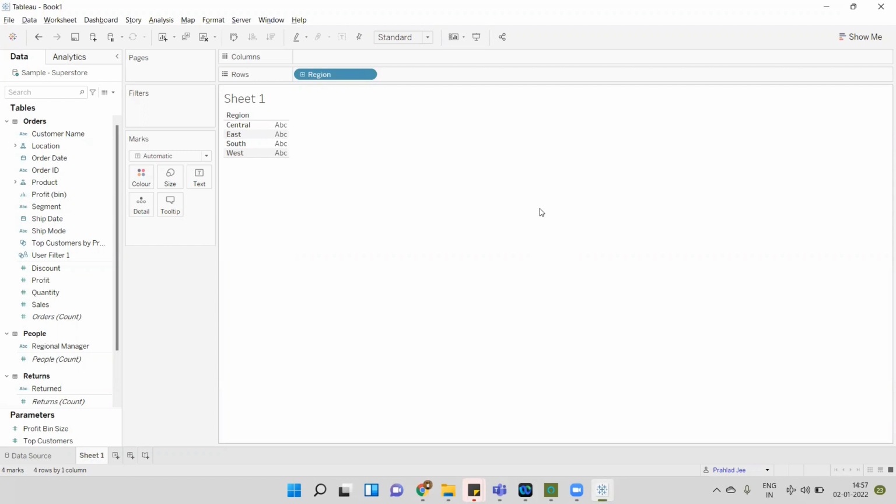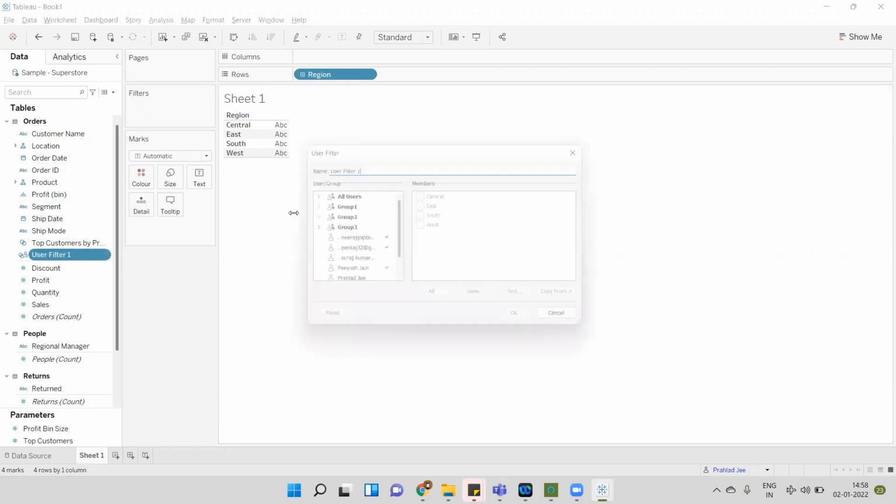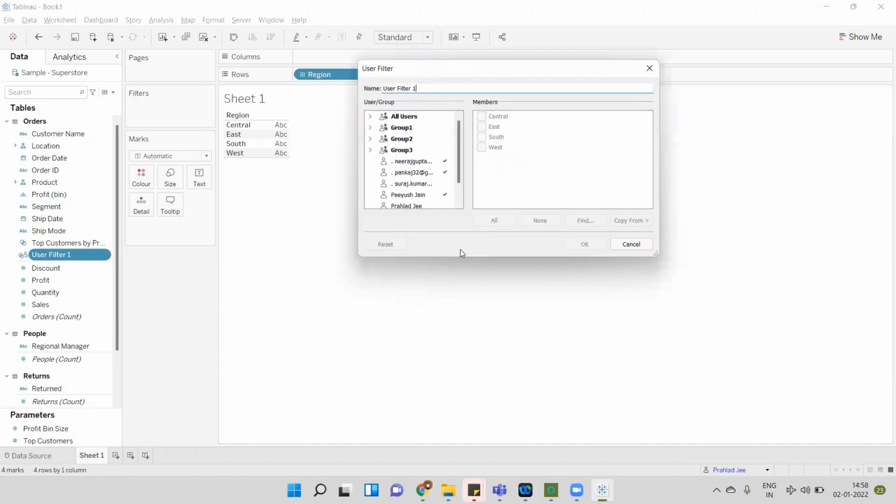First, understand the challenge we will face if we implement row level security by using the user filter. I have already created one user filter here. I will just edit this set. We are showing the data of East to Neeraj and Pankaj for South.